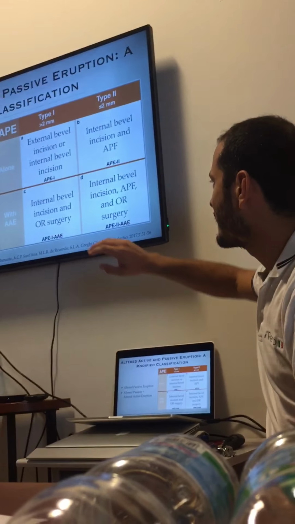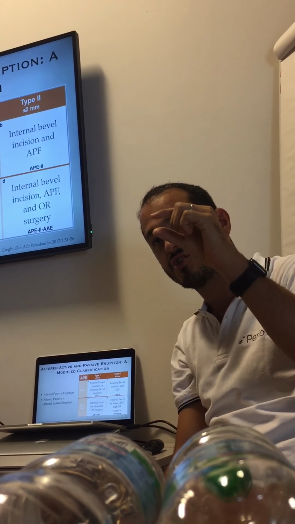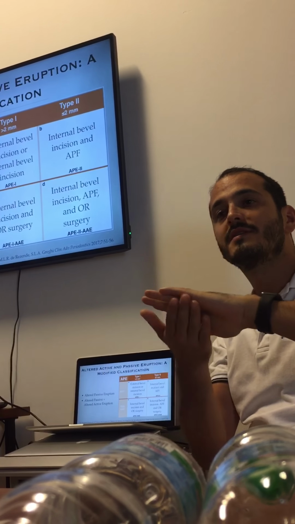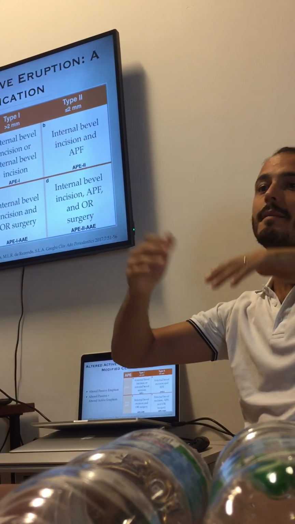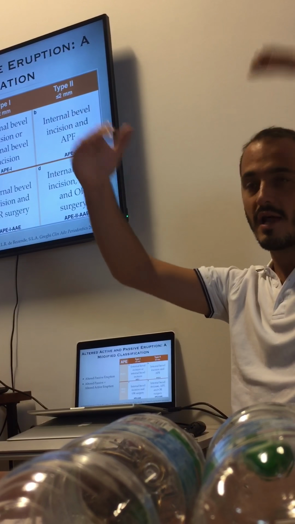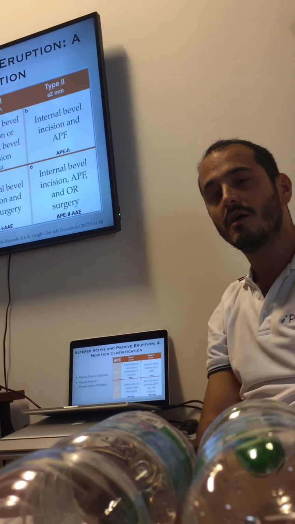Then in this case you have to do an apically positioned flap because you don't have enough attached gingiva. So if you don't have enough attached gingiva, you basically do a split thickness and you reposition it over it. So this is a more advanced surgery because you're going to have to do a larger flap, position it apically, do the